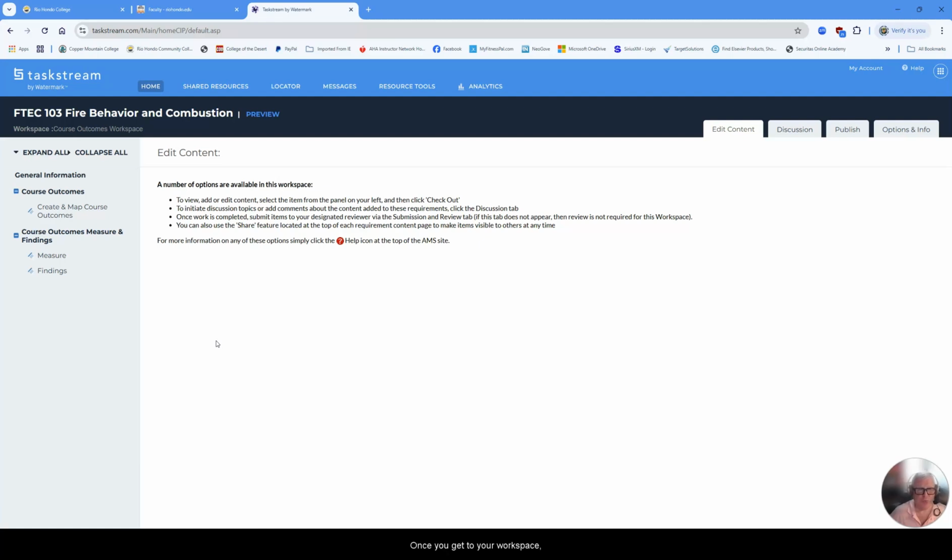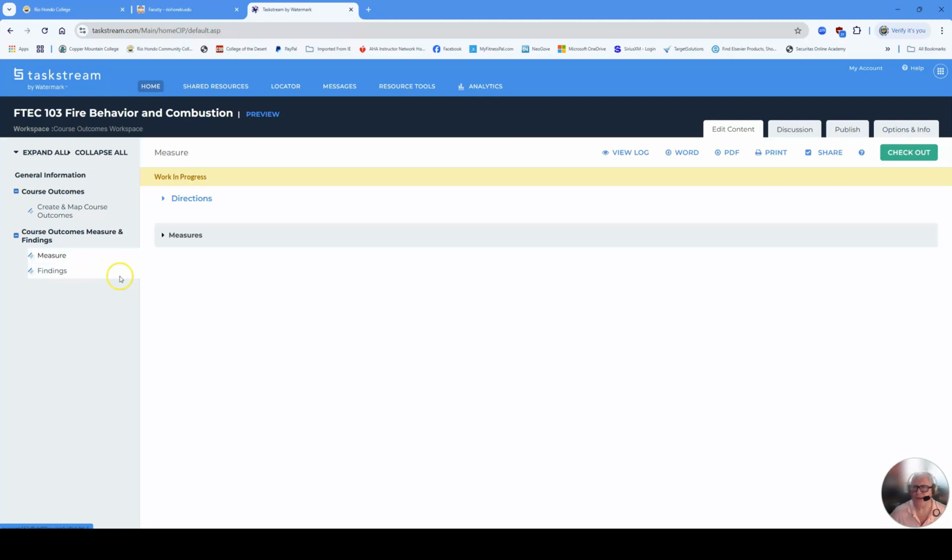Once you get to your workspace, I want you to go over to the left and pay attention to the course outcomes measure and findings located right here. So the first thing I want to do to begin inputting my SLO data is my measure. In order for me to input my measure, I'm going to have to check out my page.